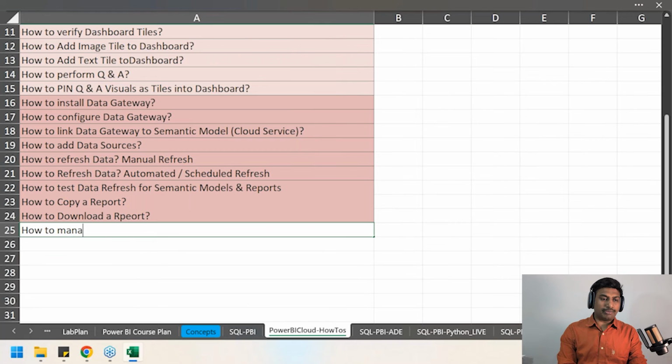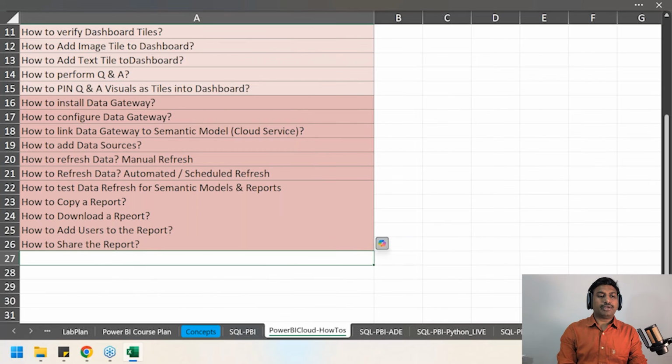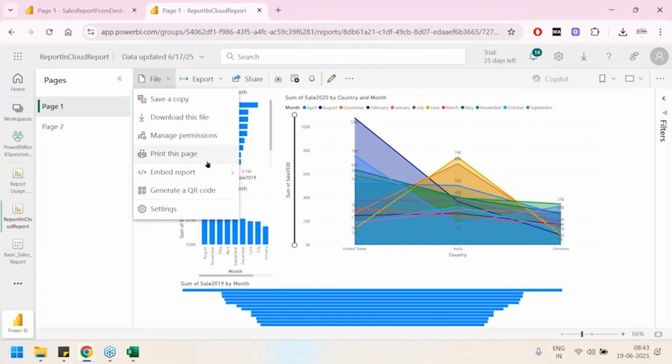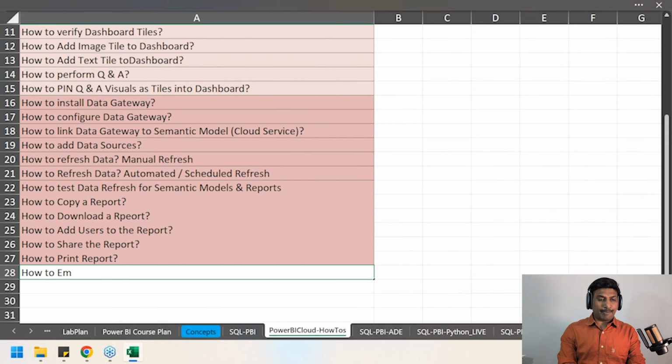And how to manage or add users to the report. And how to share the report. Then how to print. Exactly, print report. How to print a report. How to embed a report